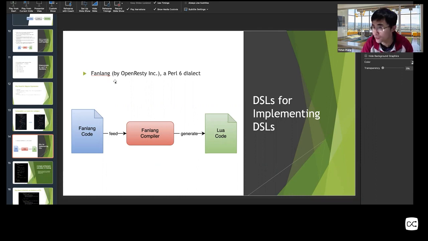Of course, it generates Lua code, and it runs optimized for LuaJIT, runs very fast, and also it's very lean and minimal. Almost all our compilers are written in Fanlan, at least those non-trivial ones, most of them are non-trivial anyway. And the Fanlan compiler itself is written in Perl 5. You take Fanlan code and then generate Lua code. So most of our compilers are written in Lua, of course, just not by handcrafted Lua, but machine-generated Lua.